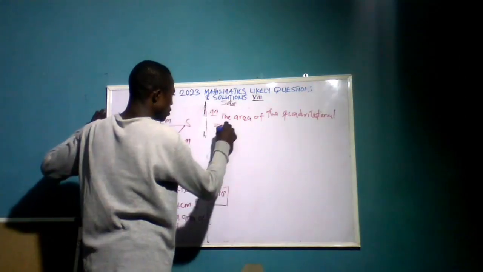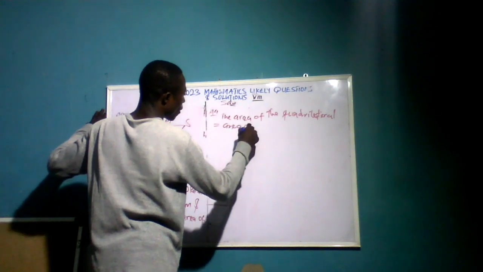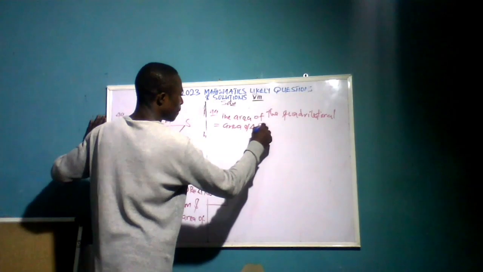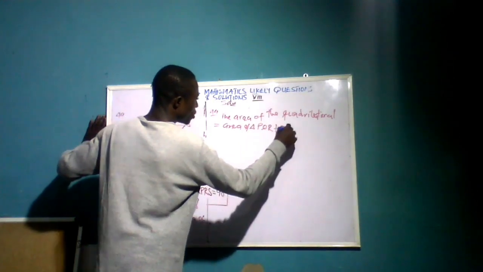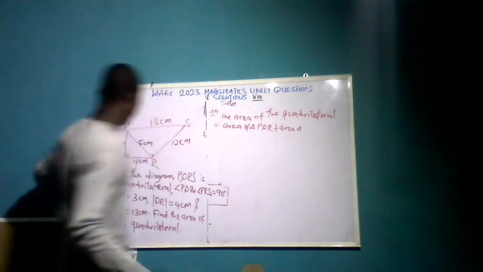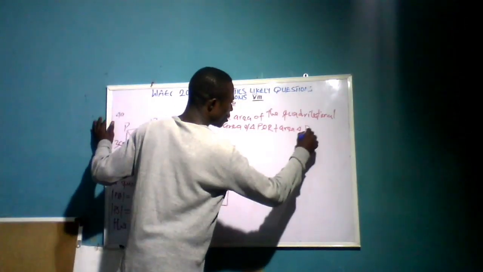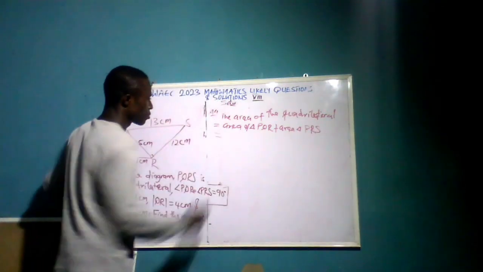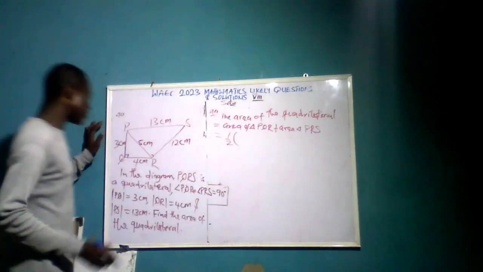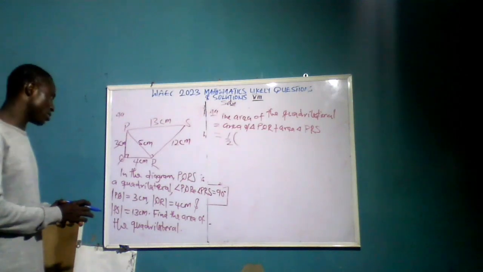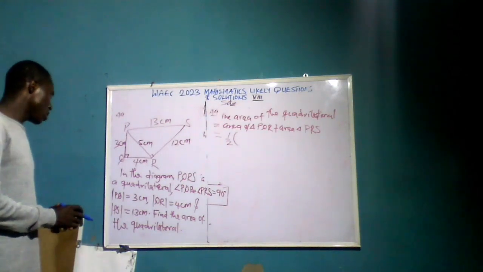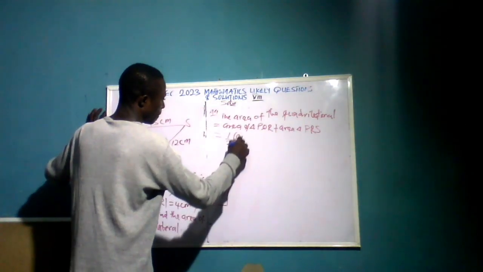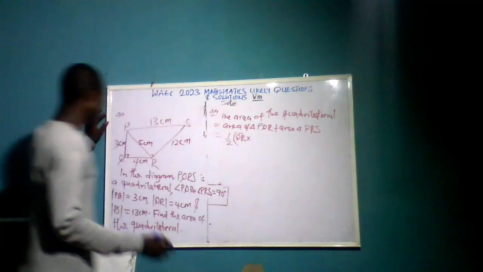is equal to areas of triangle PQR plus areas of triangle PRS. And that will give you half, because half base times height is the formula for finding the area of a triangle. And what's the base now? Half QR times height, which is PQ,